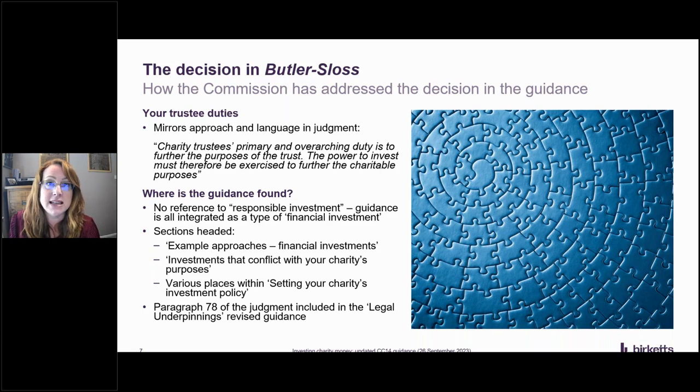And so instead of finding a section that talks specifically about responsible investment, what the Commission has done is framed all of the guidance on financial investment decision making in the way that the judgment did. So what you'll see is that there's no headed section called responsible investment. Instead, if you scroll down to the section on financial investment, you will see that there is a heading called Example Approaches, Financial Investments. And within that, there are several bullet points telling you what sort of investment approach you might decide to take as a group of trustees. And it lists various bullet points, including